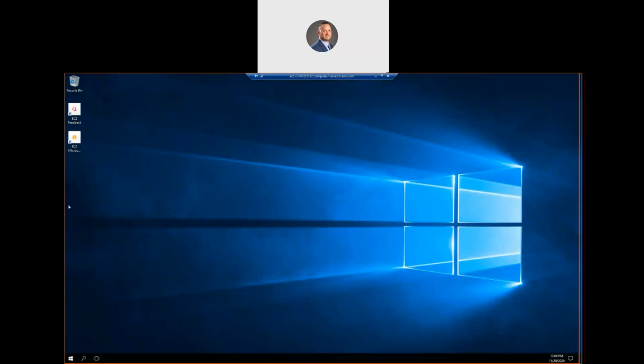And Server 2016 looks very similar to another operating system you're familiar with. So once we get it booted, there we go. It looks just like Windows, doesn't it?